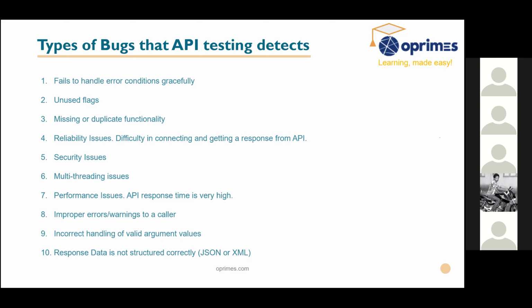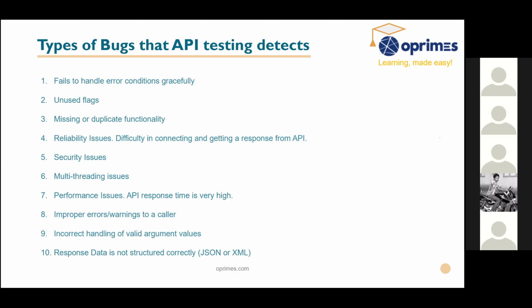So that one is a finding we can find using API testing. And missing means, say I have a get product, but there is no post product, which is creating the product. Without creating, you cannot get it. So this is a missing functionality. So this is a missing and duplicate functionality. Reliability issue is, say I have an API, but I am not able to reach it because the URL is wrong or something is broken in the path. So that is like a major failure. It's like a high priority issue.